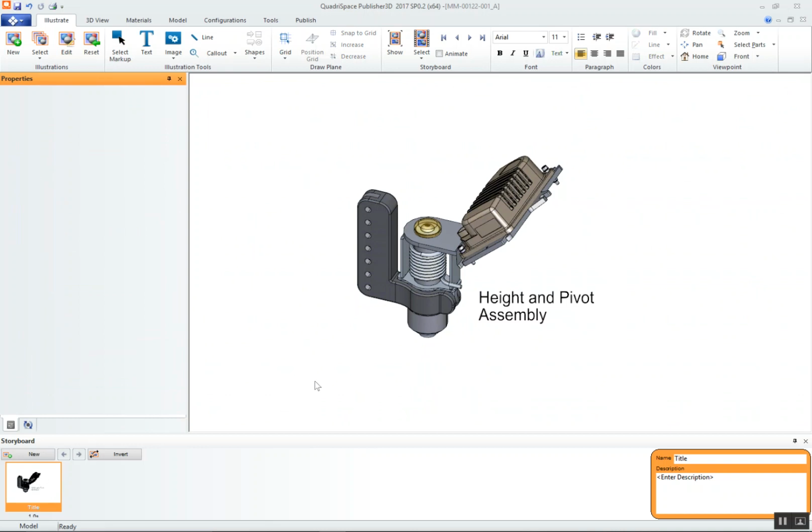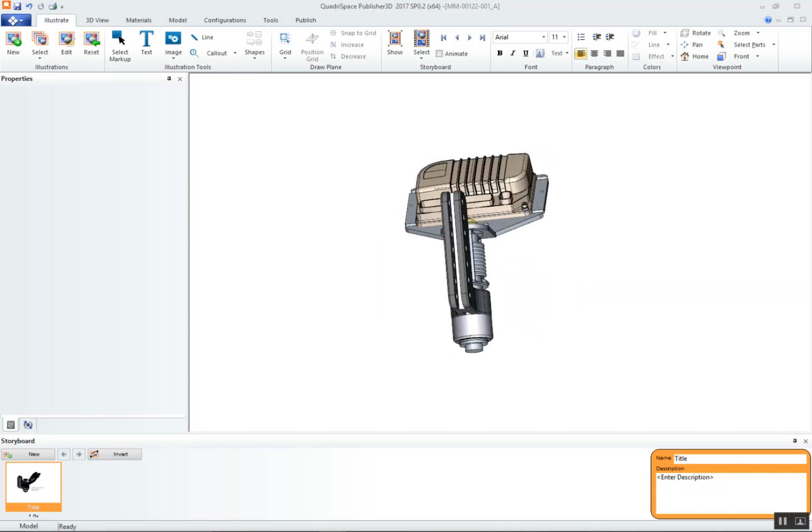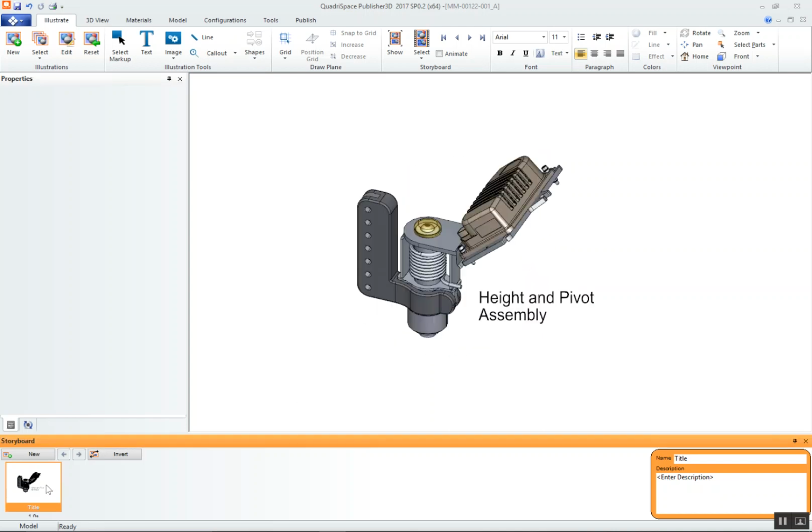So how this works is if you're ever off of this, you can always go down here and click on the illustration to bring it back up. Or once we have a couple here, we'll be able to step through those or show those in different ways. Okay, so for our next illustration,